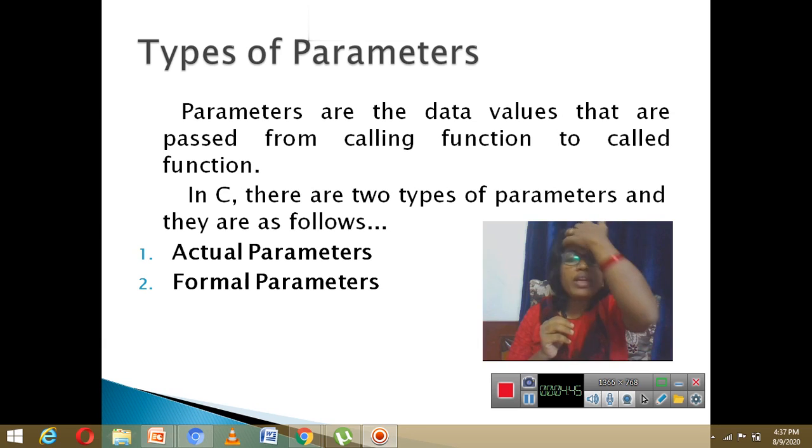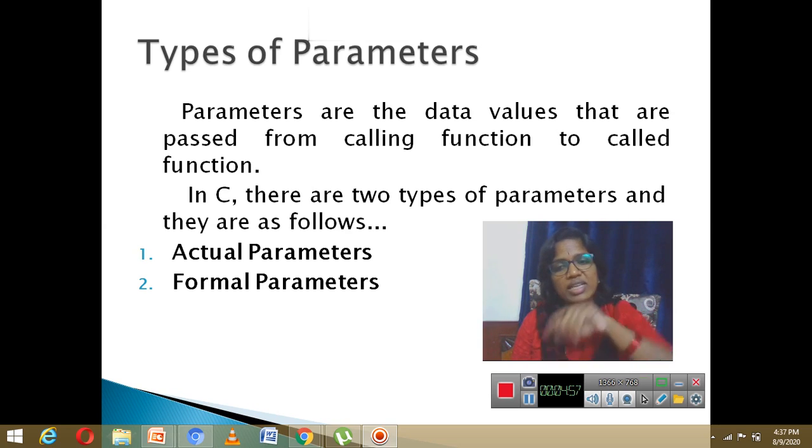Where do we write all these parameters? We will write them in the declaration, in the function definition, and in the function call. Is it right? We have seen this in the last class. The parameters which are declared in the declaration part of the function, what do we declare in the declaration part?